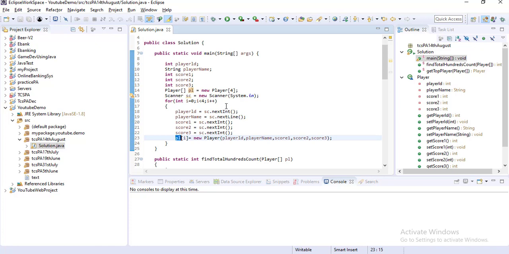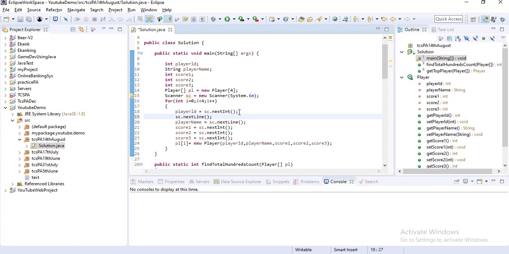Okay, so that's it. And here you have to remember one thing: after reading an integer, if you try to read a string, then you have to use this line once.